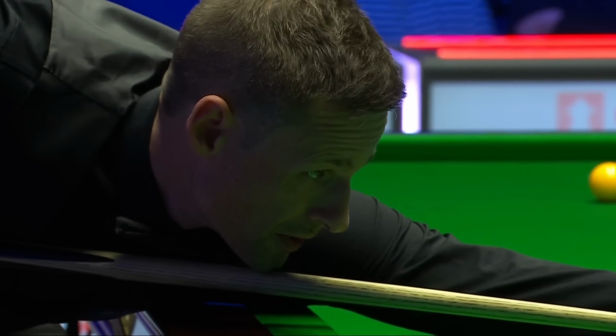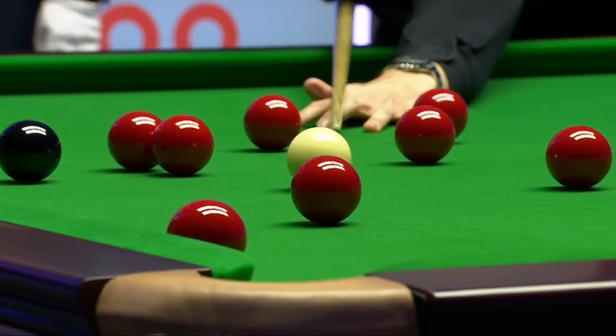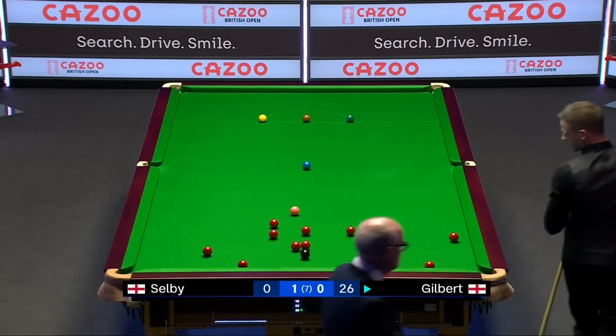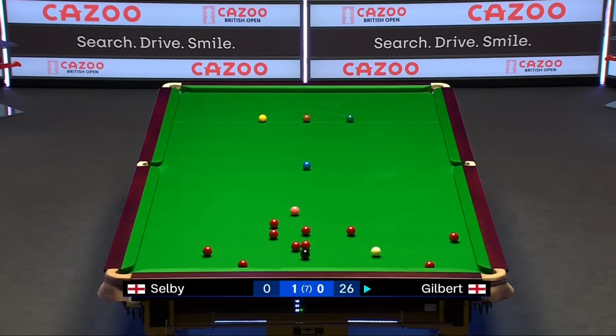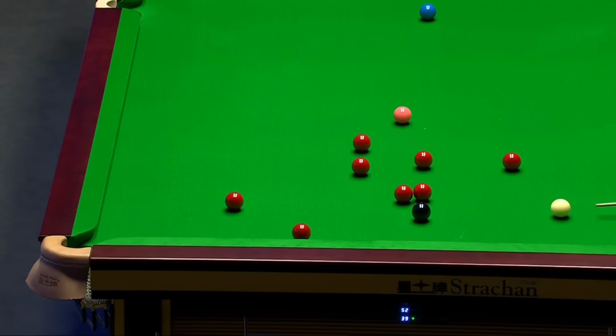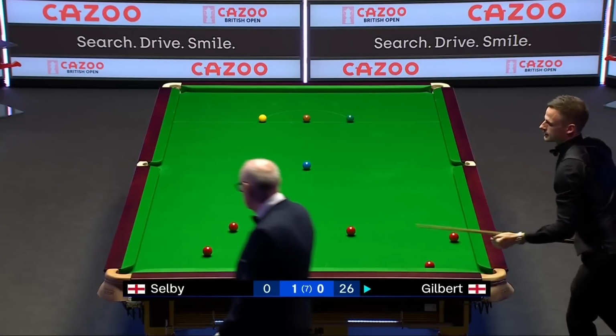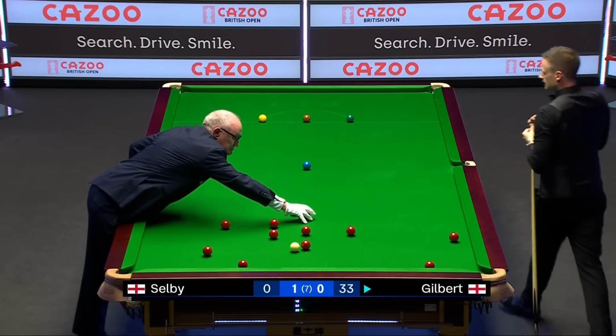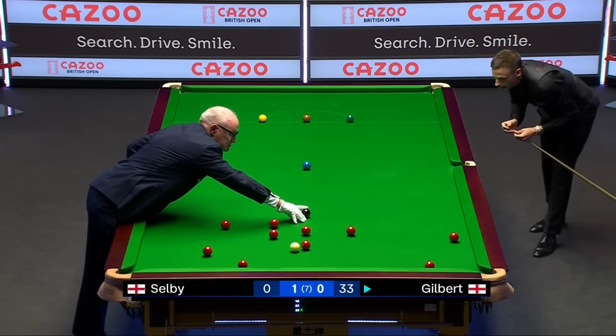Those 2 reds, just around the black spot there. 26. He could possibly go into those 2 reds and free the black spot up here. I tried to, but black will go on the pink spot, but it's okay. I think pink